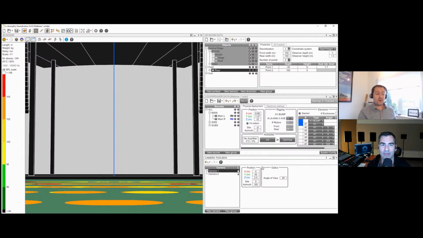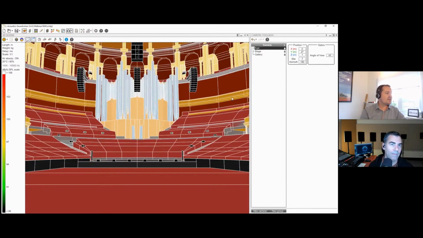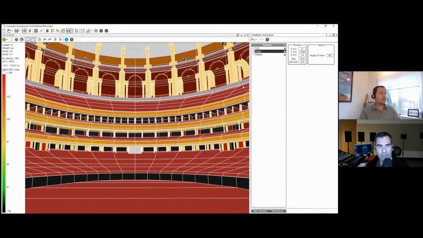Sure. However, for an example, in an actual indoor venue, you can see the power of this tool. So I'm just going to swap very quickly to this drawing, which we can see has a lot of detail. This is the view from front of house. I have a couple of saved camera setups, so I can look at stage. And we can see there's a lot of detail here. However, we can really open this up by using a larger angle of view. So if we open that up to 60,